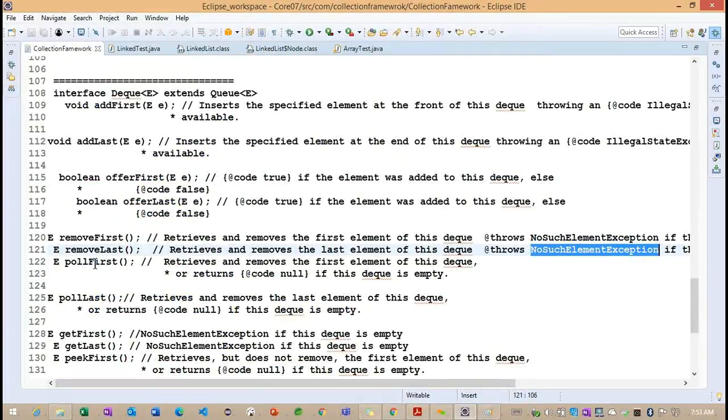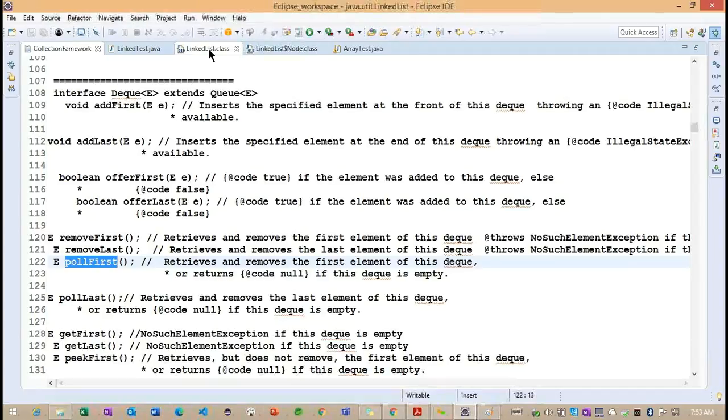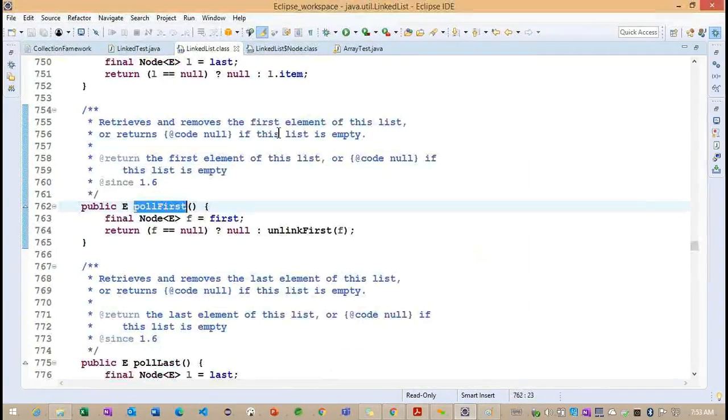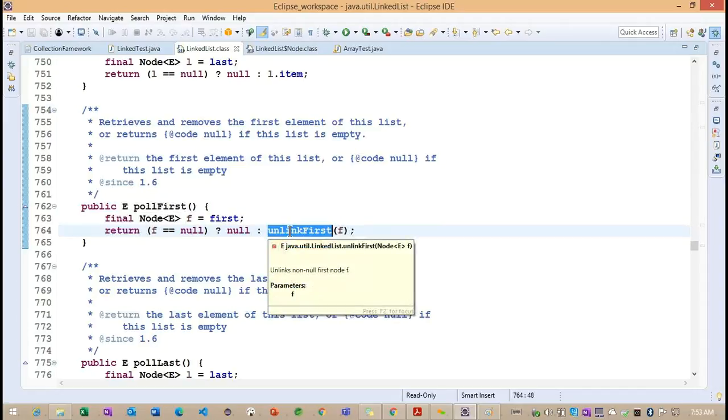Now we need to focus on poll first here. What happens internally in poll first? Simply, it returns null if this particular f equals null. Otherwise, it calls unlink first.